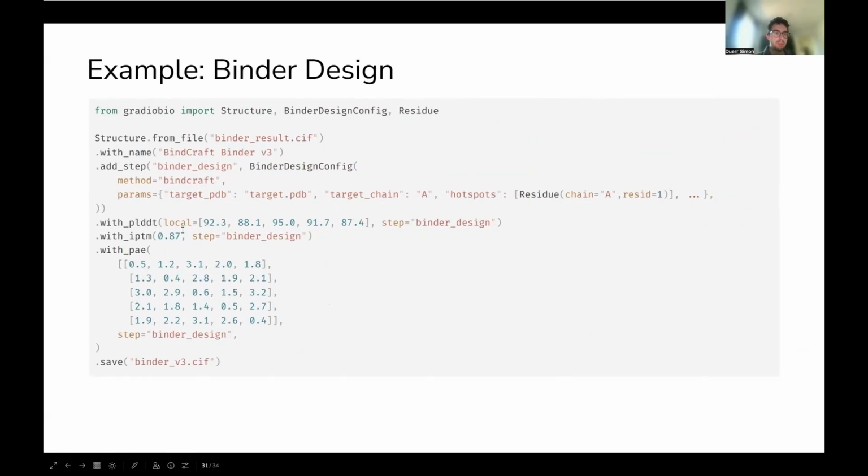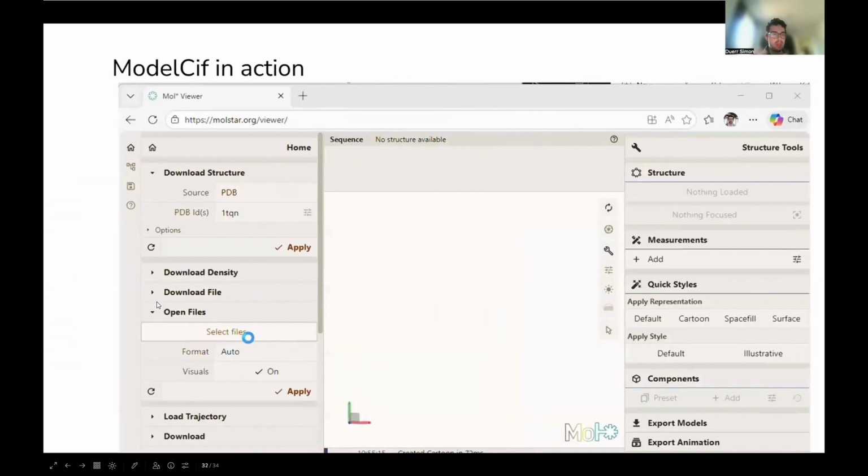For structure output, it kind of looks similar, right? So you initialize the existing structure, and then you can add different parameters to it. So for example, pLDDT, ipTM, or these other things. So this way you have everything in a single file that afterwards you can transfer, and then you can read it again using this library. And then this would allow applications to this one.